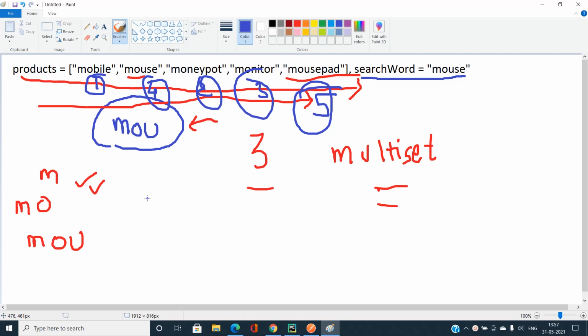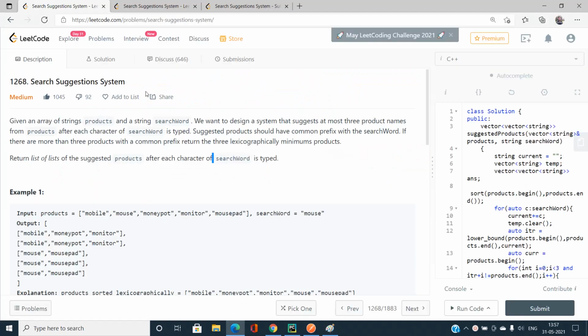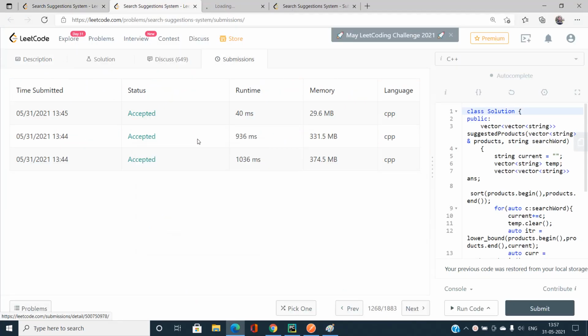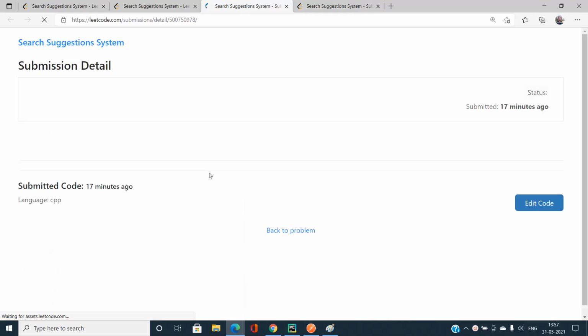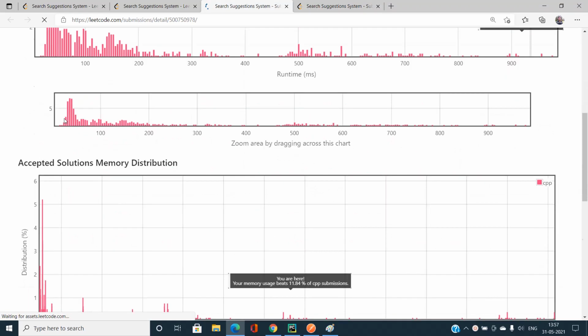So while iterating the products array, I'm not going to worry about whether the strings are sorted in lexicographically smallest order or not. If we already sort the products array and iterate from left to right and pick out the first three strings if present, then I have done that without using the multiset, and this is the entire concept rather than maintaining the multisets. So head over to the code and find out what a good implementation for that could be. Note that it has 936 ms, still it is very, very bad.